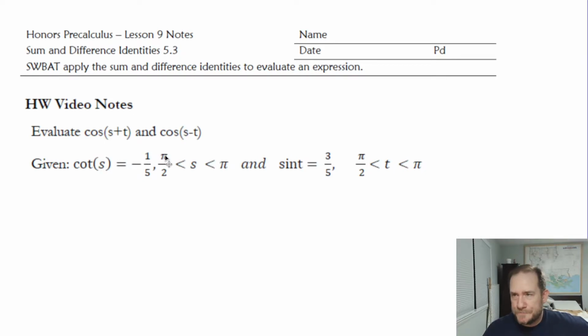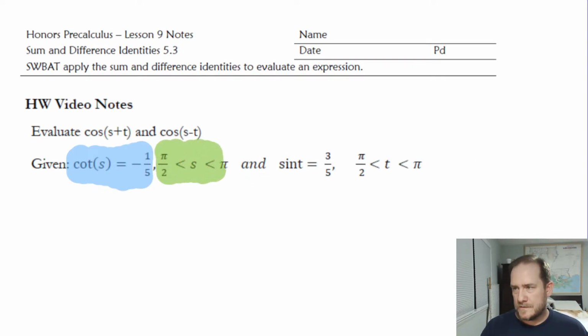So in lesson 9, we're going to be evaluating these sum and difference expressions, but we're going to be evaluating them at just kind of arbitrary angles. It says S and T, and you don't know much about S and T. They're certainly not unit circle values. What you know about S and T is only what they tell you. And they're always going to tell you two things. They're going to tell you the value of one trig function at S, and they're going to tell you what quadrant S falls in. And that's good enough. Those two things actually allow you to figure out everything else you could possibly need,